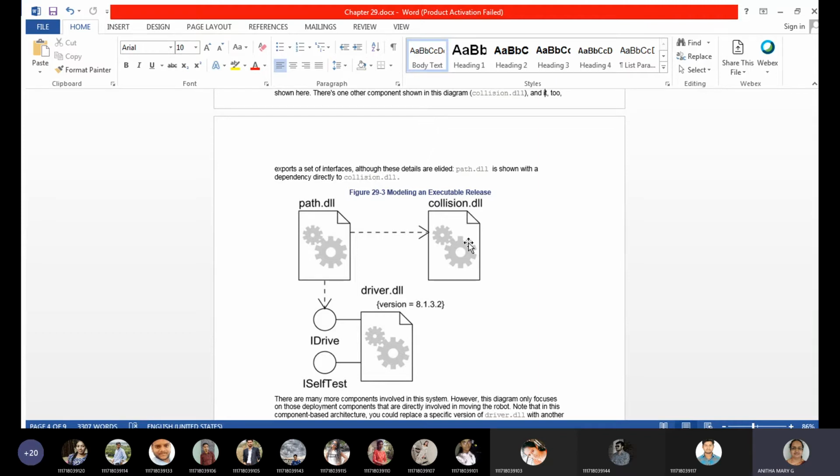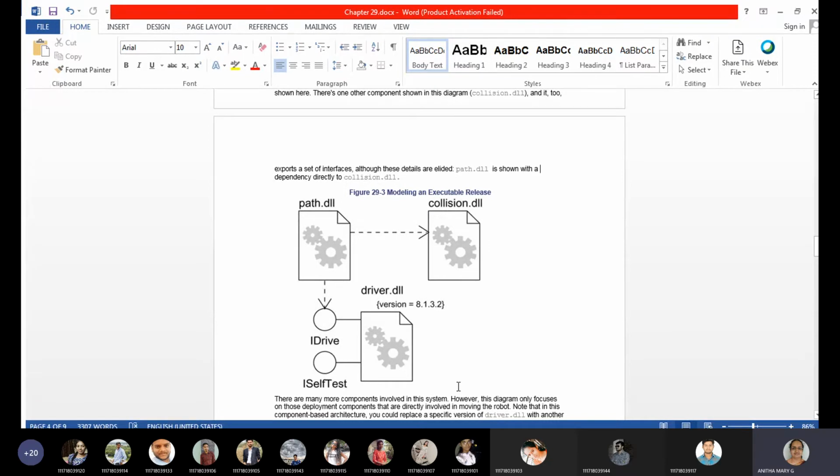If the sensor detects an obstacle, it diverts its path and takes the next step in the other direction. This path.dll also depends on driver.dll, which is implemented using two interfaces: interface drive and interface self test.